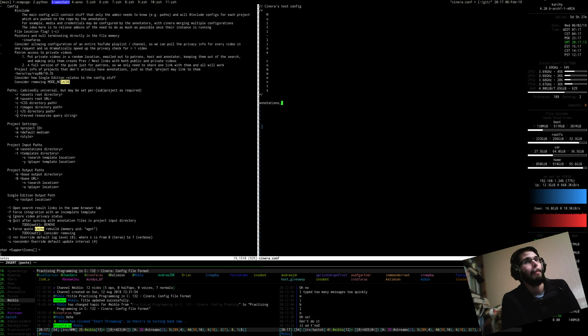Right. So let's say we've got this thing like this. Annotations directory is equal to, or something like this. What's it called? How do you run that? You say this, and then you say like you've got, this is what we're figuring out. We're figuring out the actual syntax here. If you do something like this,